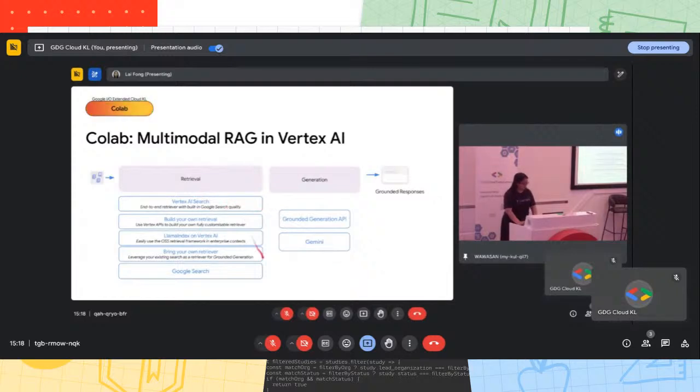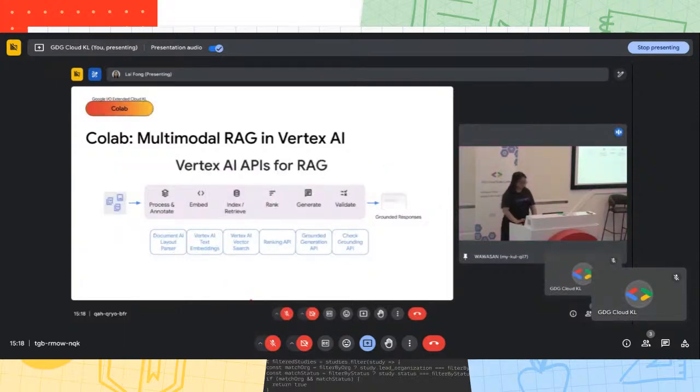I won't go into details on all the different methods here, but let's just take one as an example for you to get some ideas, and I'll share the Colab notebook also. If you have time, you can go through it on your own to get a better understanding. So just now, with the RAG API and all, you have different processes and you can do different things. But all the things I already covered just now, from the different